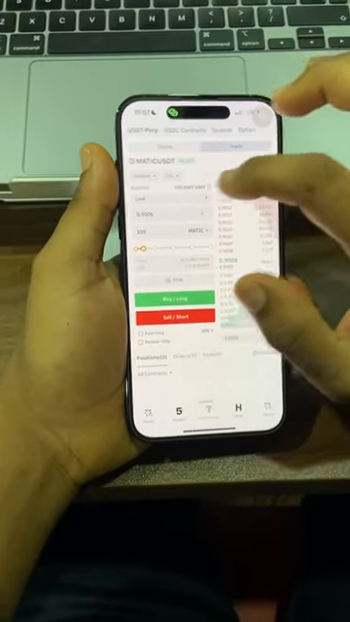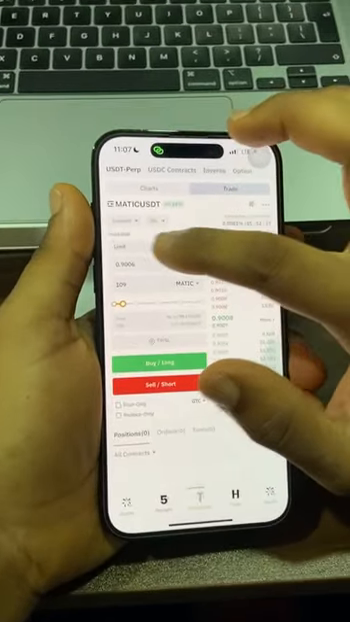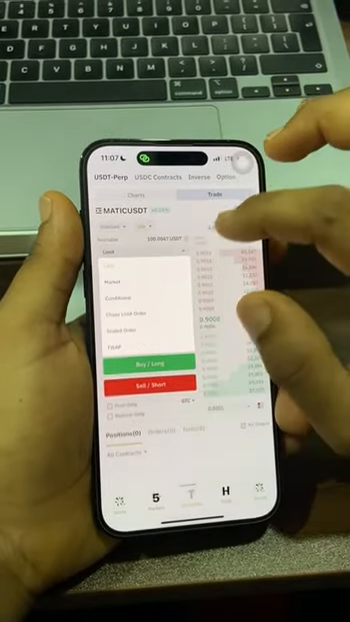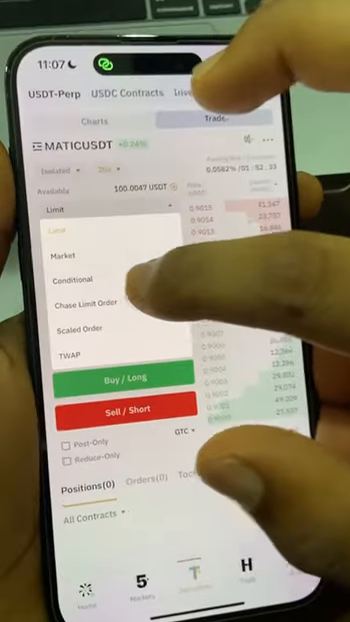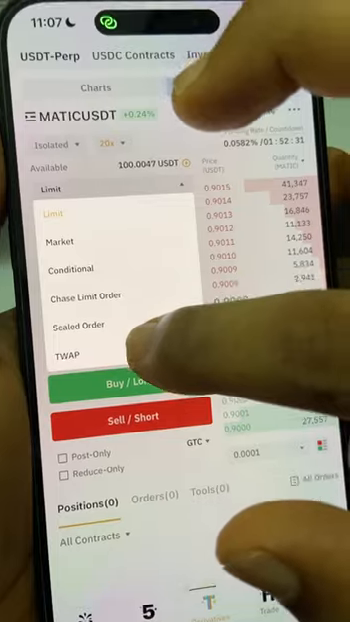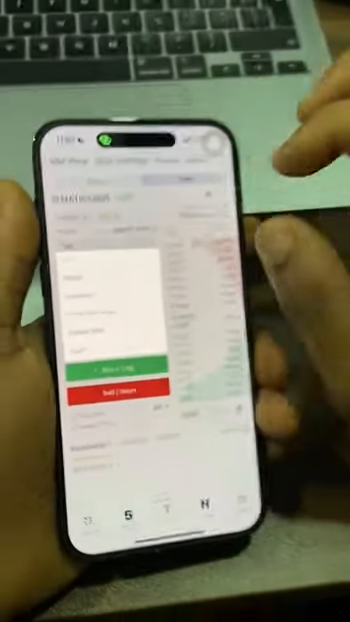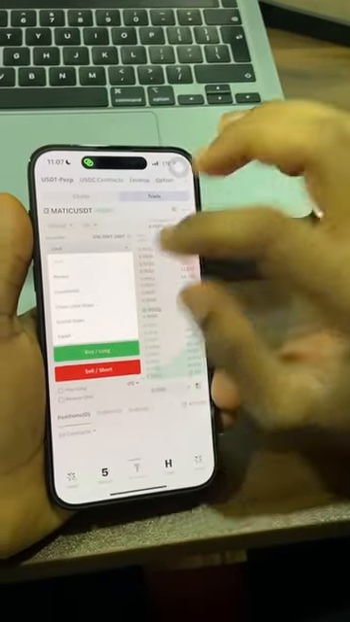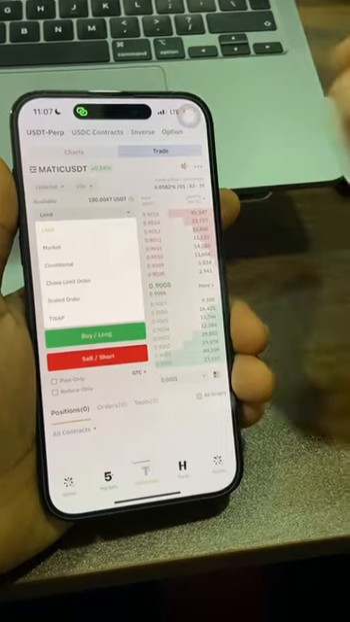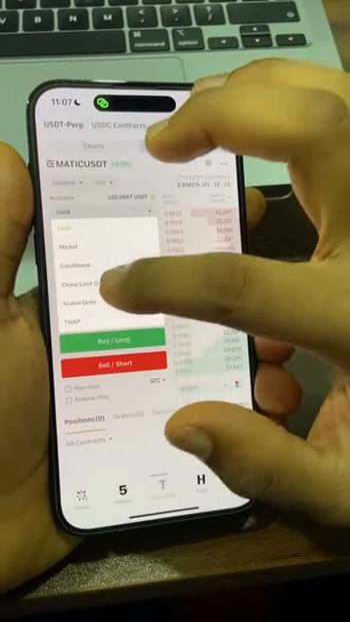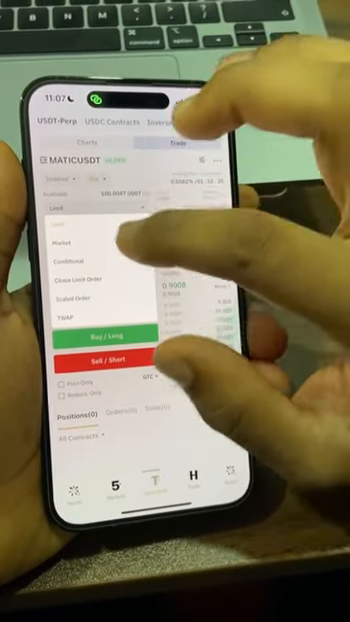All right, so the next thing to do is look at this limit right here. You can see limit right there. If I click on it, there are other options here: market, conditional, chase limit, scaled order, and TWAP. Now what I use mostly is limit and market. That is the most important thing you actually need to know in this market. I might still spend time to talk about the others, but for now